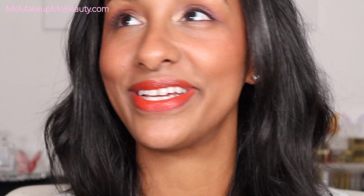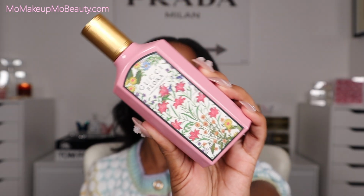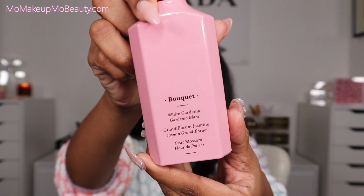Not a bad color at all. I think it's actually really pretty. Just it doesn't go with today's look, but that's okay. This formula feels really, really nice on the lips. I'm just going to leave it because it feels quite comfortable. Packaging is really, really pretty, and this is a good sized bottle. And I do like, if you look here on the back,